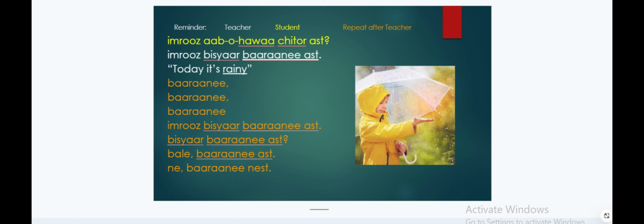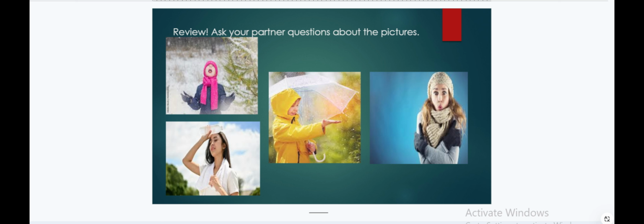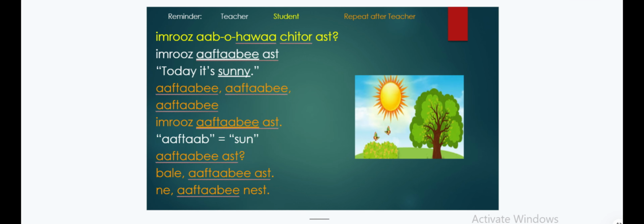Okay, now we have the pictures again here. So آب و هوا چطور است؟ So you can say the girl, the first picture which is snowy, and the second one hot. Okay, the girl, it's in the next one, which is rainy. So you're going to say it is آب و هوا امروز or امروز, whatever it is. امروز آب و هوا چطور است؟ How